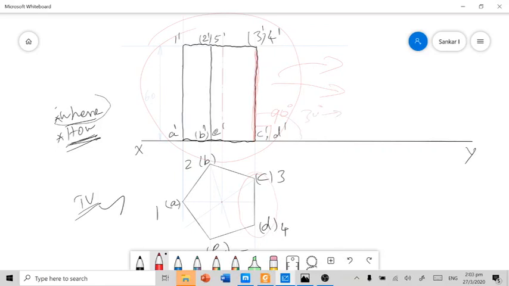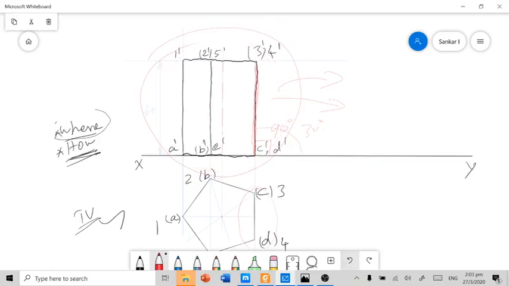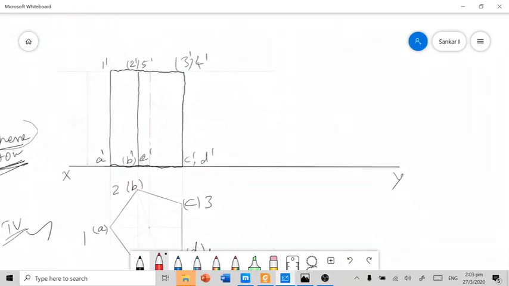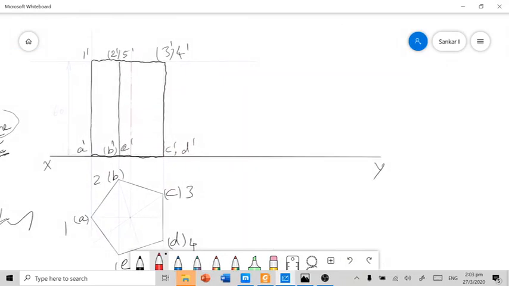In order to achieve this, you simply need to redraw this lateral view in an inclined manner. That's enough. Yes, you need to redraw this lateral view.